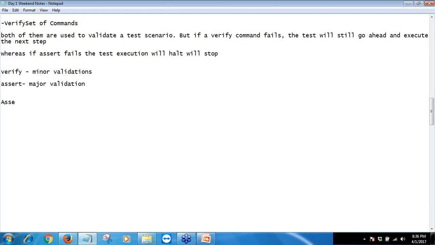Then we have got accessor commands. Accessor commands help us create some store variables, okay? So for that, we are going to take the scenario for change password and create some variables, which is basically username, password, and confirm password, and see how we can use them in our script. So the command which we are going to see is store, and the scenario is